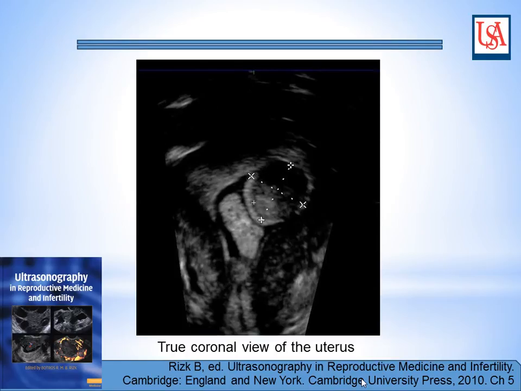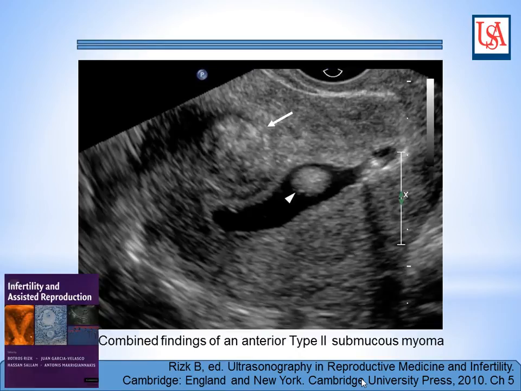Coronal view. What is coronal? It's like the triangle here, right? And so on. So this is right, this is left. So what are the 2 lesions? The rounded one is a fibroid. The other one is a polyp. The fibroid comes from the left lateral wall near the fundus, and then the polyp comes from the other